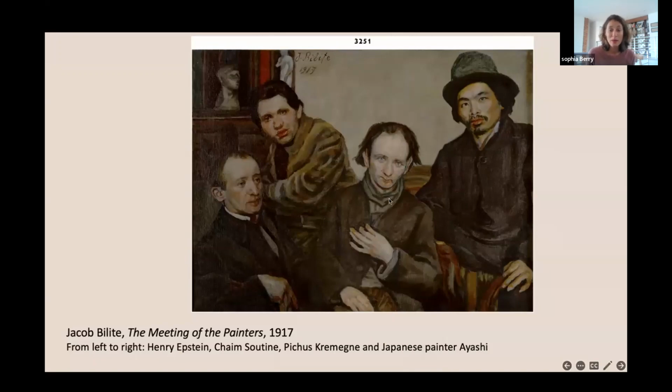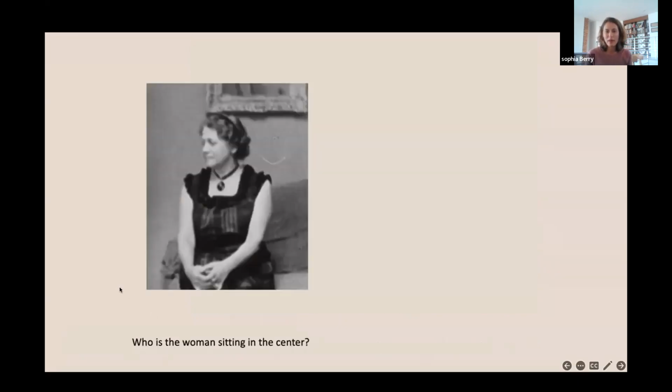And then the one in the middle is Pinchas Kremiesh and the Japanese painter Aishi. So just as a side note, within this research, I also discovered new things about paintings that we have in our collection, that have been in the museum collection, that did not receive a lot of attention until now. Okay, so now we're going to move on and talk about the lady in the picture